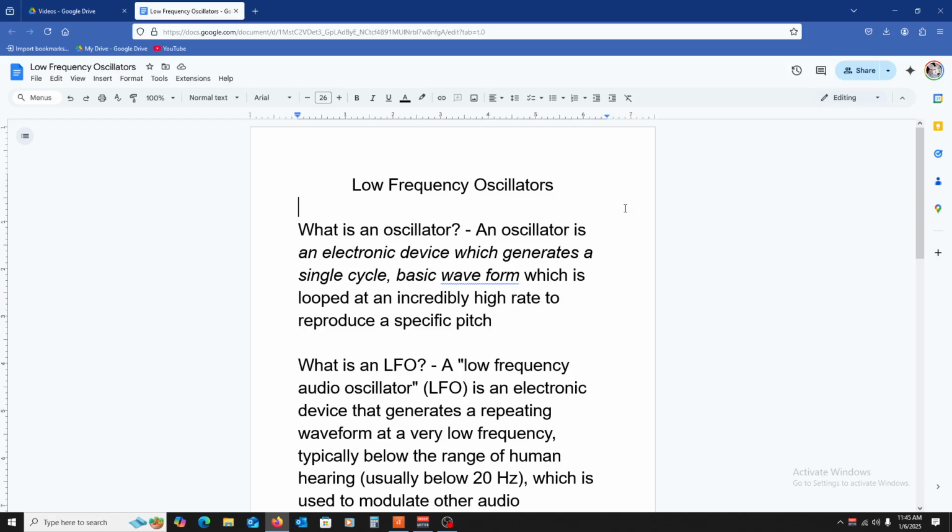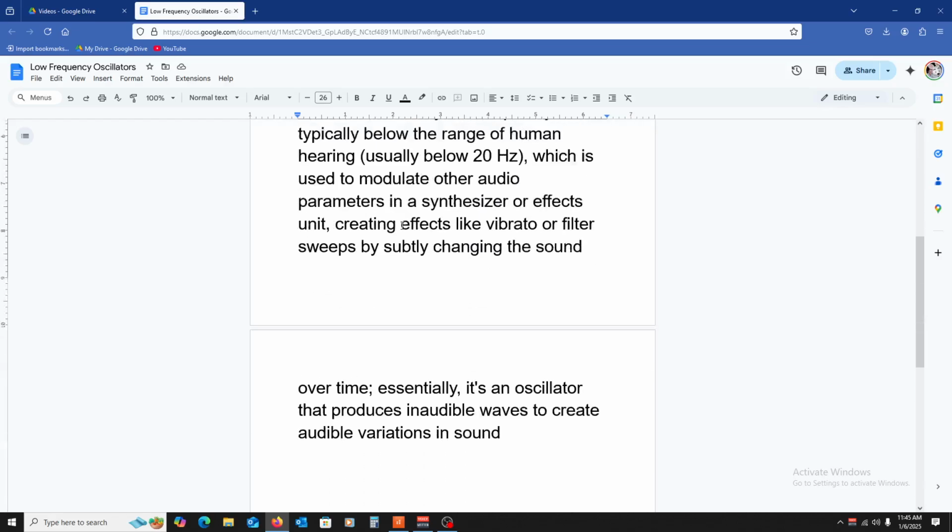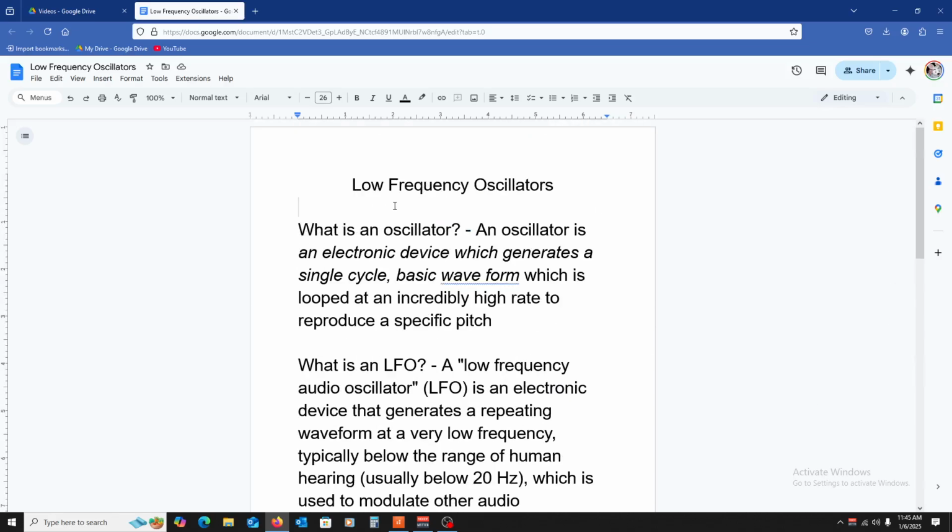And with the new year, a great place to start is going to be LFOs, or low frequency oscillators. I wasn't sure whether we should start with LFOs as they're a little bit complex, and to be fully transparent, this concept actually took me a little bit of time to wrap my head around. And so if you find yourself not quite getting it immediately, that's fine.